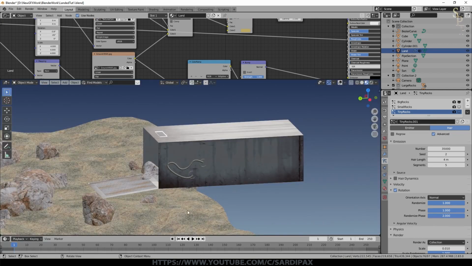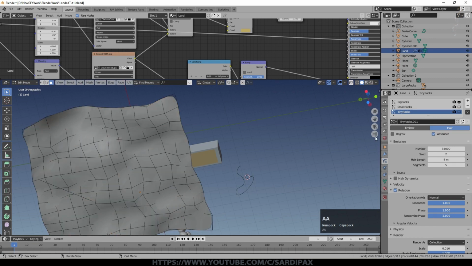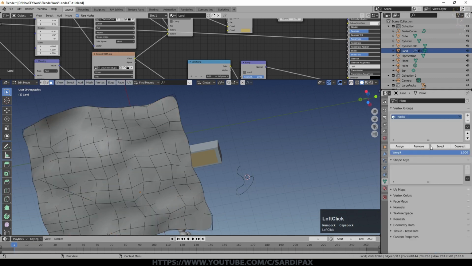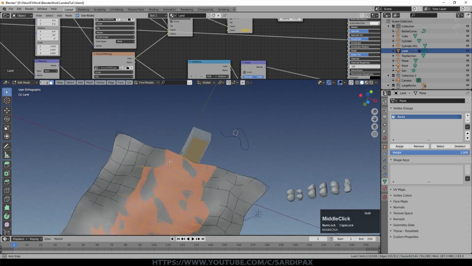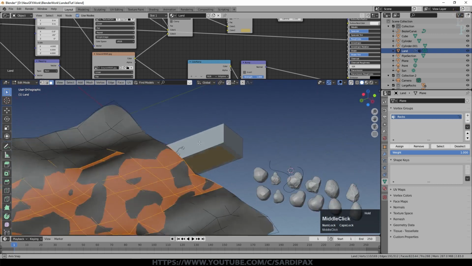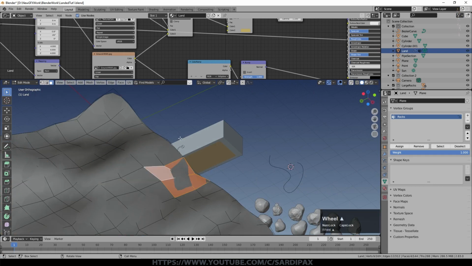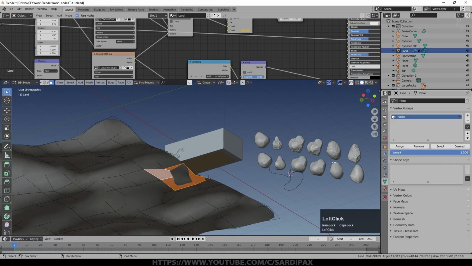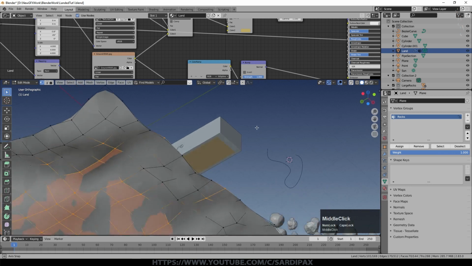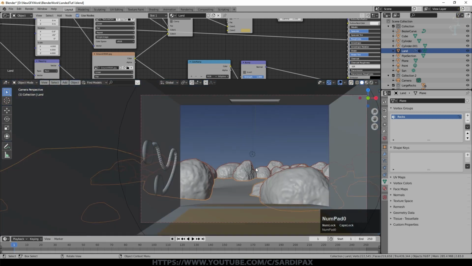You can see we've got some large particles appearing under here. So if we go to edit mode and go to our vertex groups and say select, you can see we've got vertices that are underneath the box containing our camera that are enabled for particles. So let's just select this area and just say remove. And now if we say select, you can see we haven't got any there. And we've no longer got any stones coming out through the bottom of the ship.